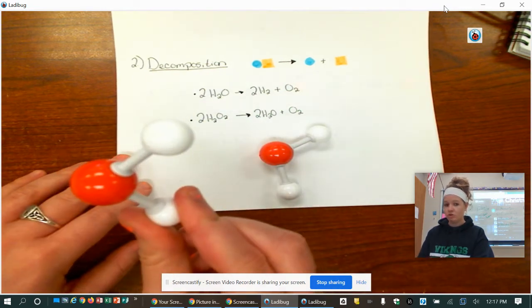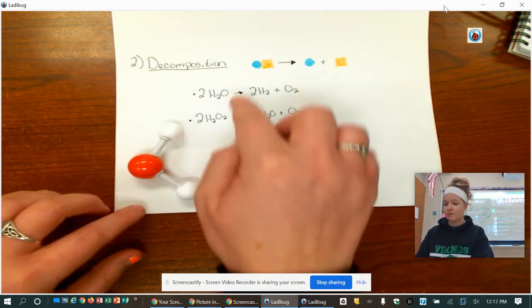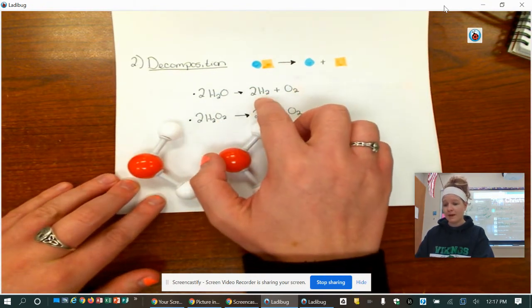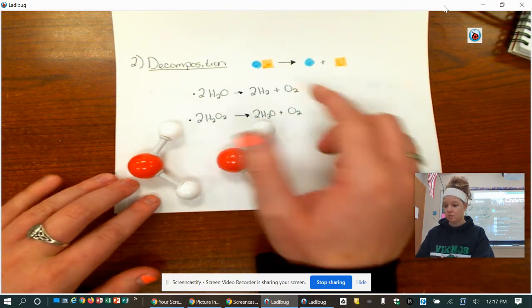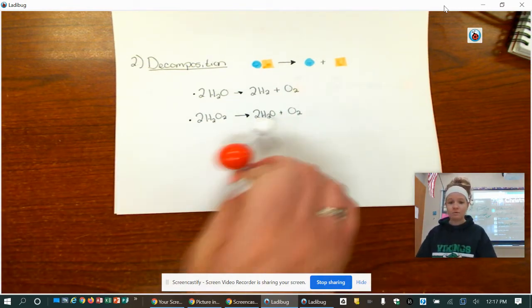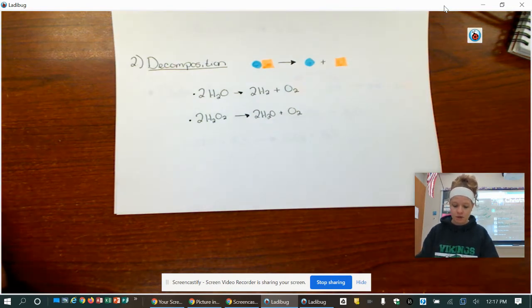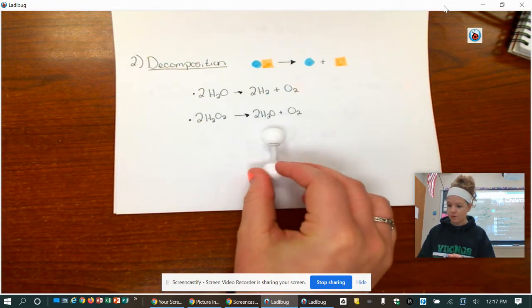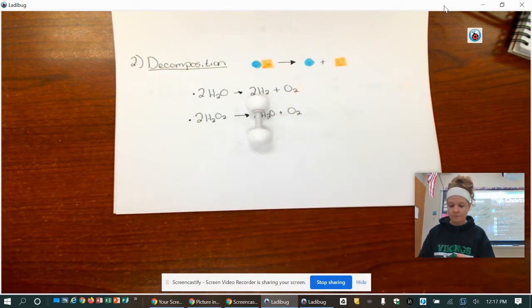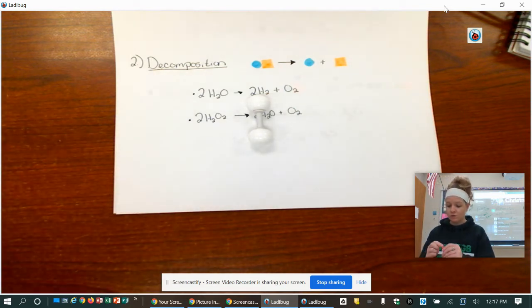I have H2O. I have 2 of them, 2 H2Os, and I want to decompose it now so I can go back to 2 H2s and an O2. So again, just like everything else that we've done so far, these chemical reactions are making and breaking and rearranging chemical bonds. So I have one of my H2s right here, but I know that I need 2 of them. Luckily, my law of conservation of mass is holding true. I have 2 to give,